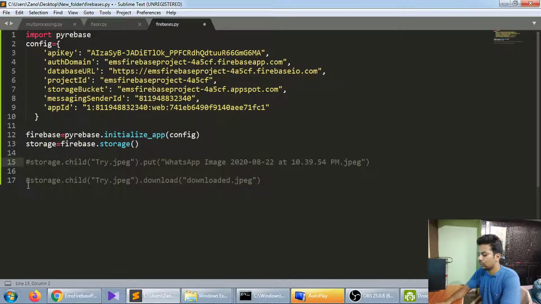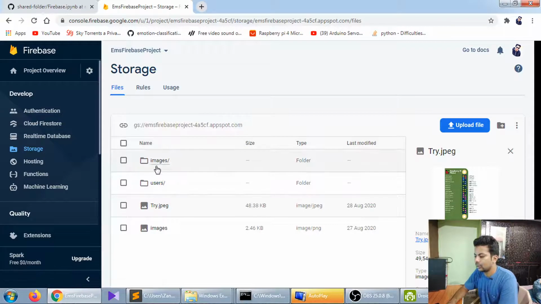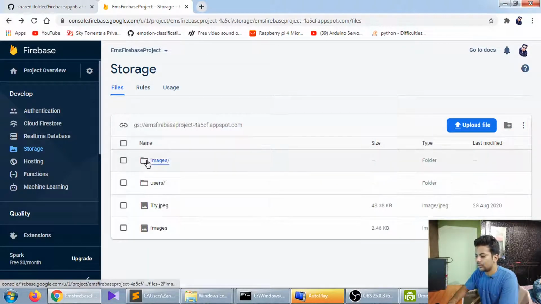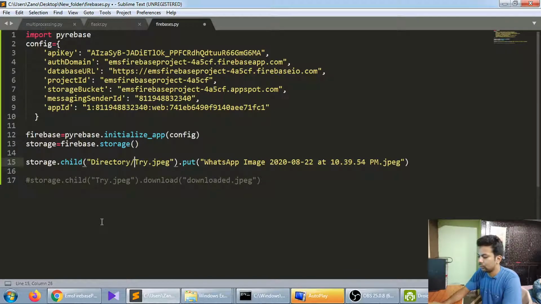Now suppose you want to make a directory there, like these are directories, images inside these. And you want to make a directory, so you just have to write the directory, whatever directory name you want to make, and how many directories you want to make doesn't matter.